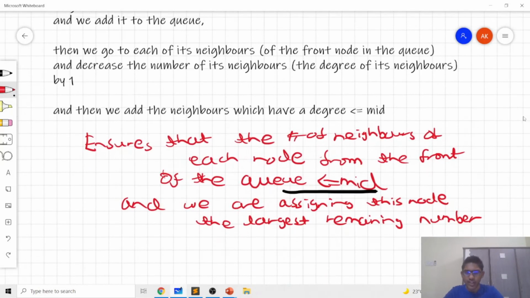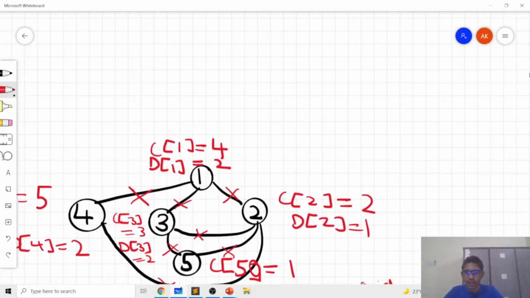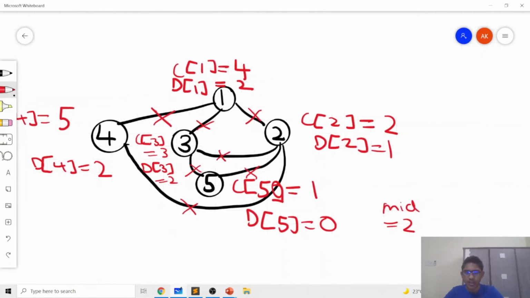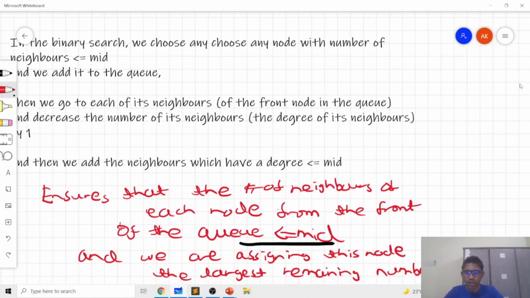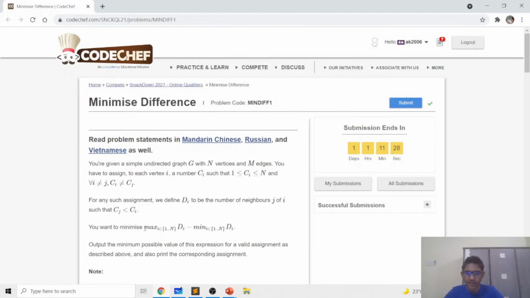This will always ensure that the number of neighbors of each node from the front of the queue is less than or equal to mid. That's why we are always ensuring the condition that d of that node is less than or equal to mid. And since d of that node is less than or equal to mid, we know max di is less than or equal to mid, and that's why the binary search works.